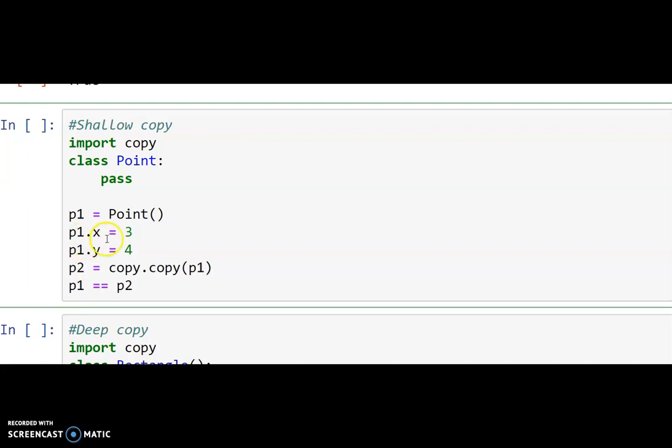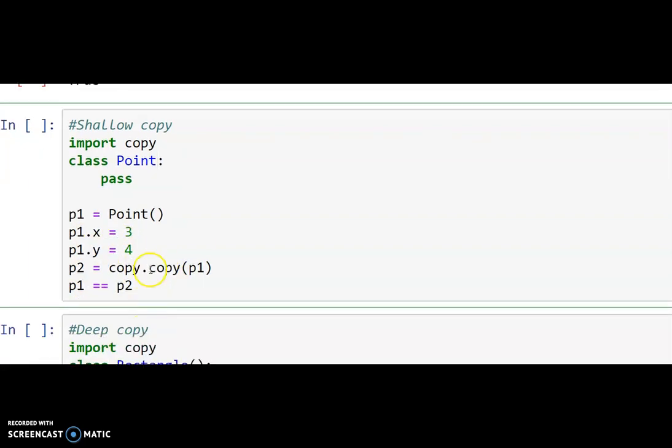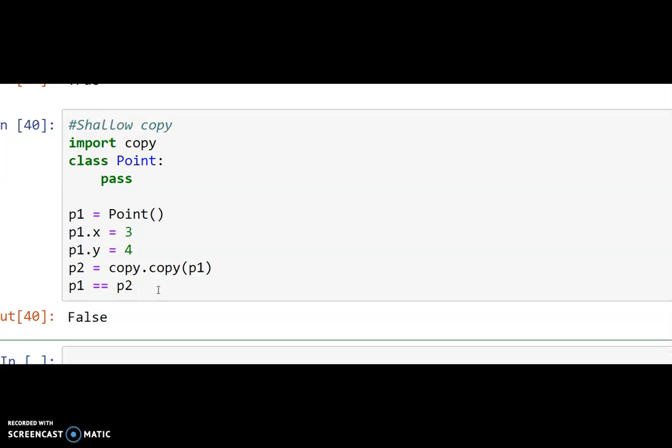Then we are assigning the attributes 3 and 4 as the coordinates of the point which we are creating. For the object P1, we create another object P2 and then we invoke a method copy. The copy method is inside this library copy. That's why we have written copy.copy, copying the object P1 into the object P2, and then we are finding whether these two are equal. The equality we are comparing here is a shallow equality. The result will be false